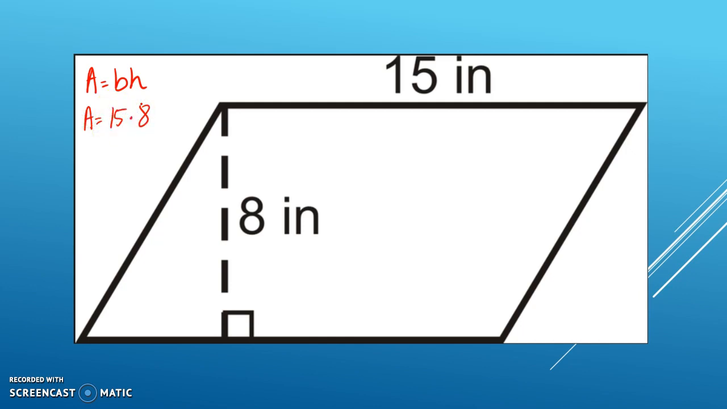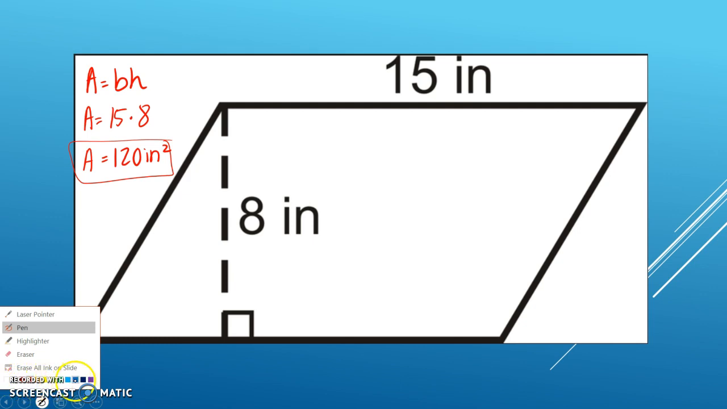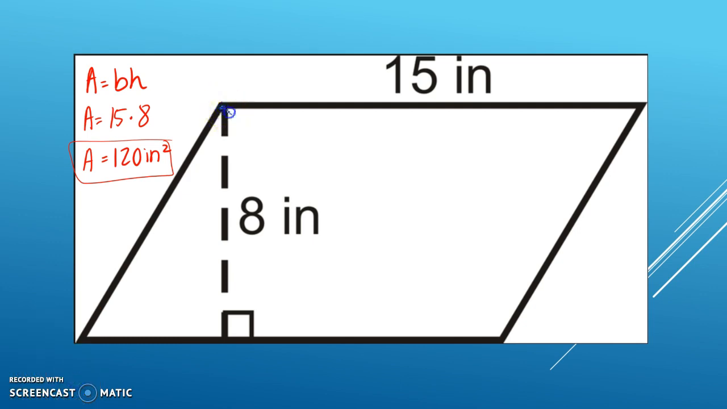When we multiply that out to find our area, we are going to get 120 inches squared. Remember, area is always squared. When we get into area of triangles, it's actually really similar to the formula that we just used for area of parallelograms. If we were to take this parallelogram and draw a diagonal line from one corner